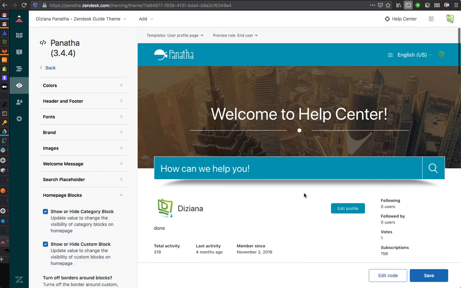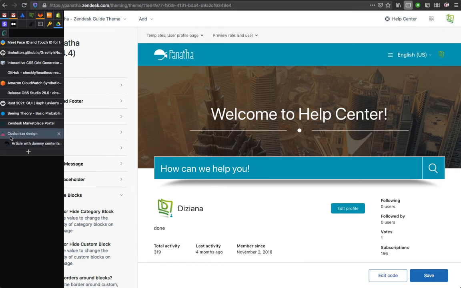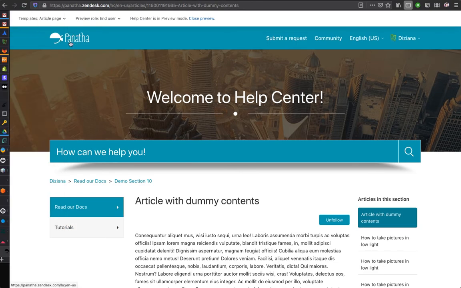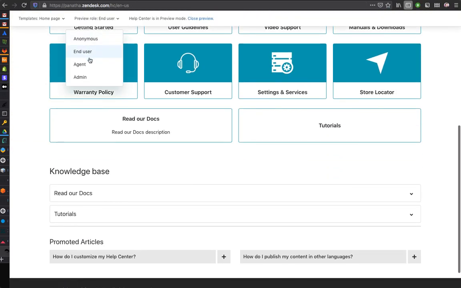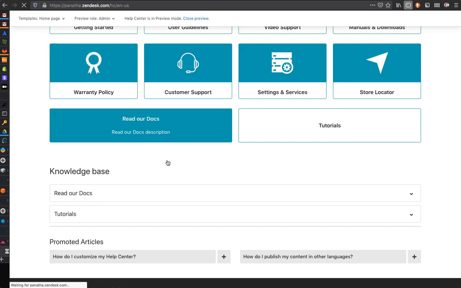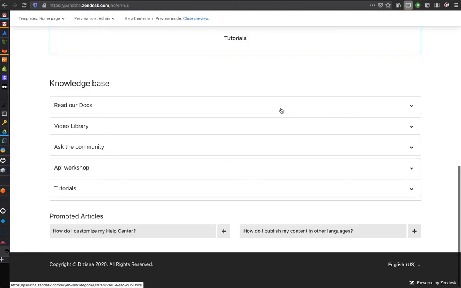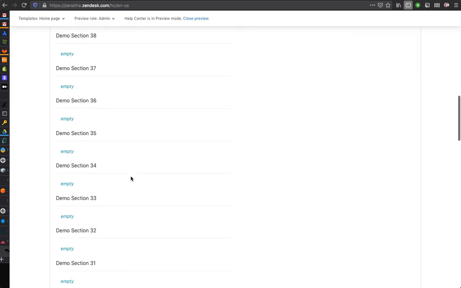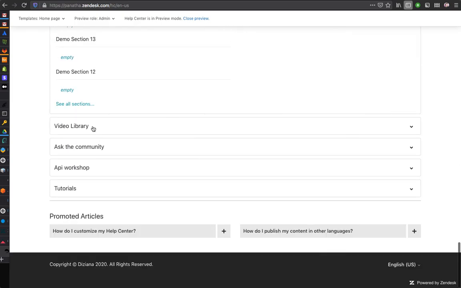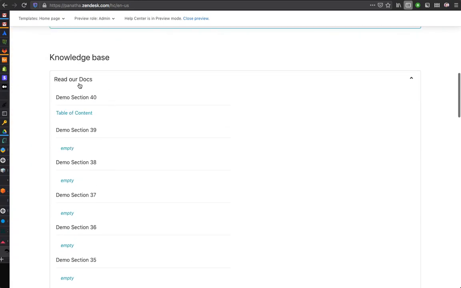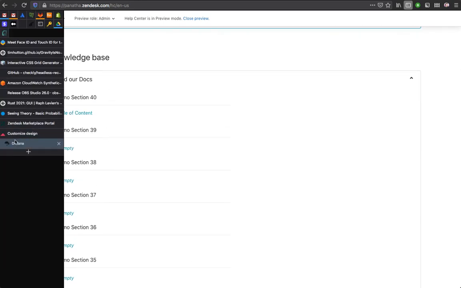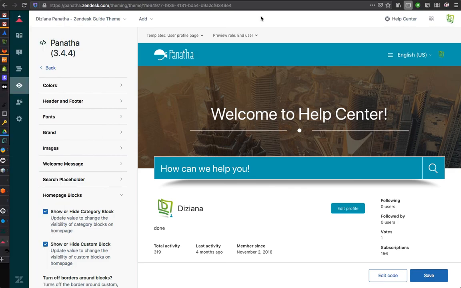There's one important thing that I must mention, which is our themes come with subsection support. So if you have subsections of flexible hierarchy enabled, which is, you are using that and you have Zendesk Enterprise, then you will see all the subsections working fine. Which is, when you go on a section page, you can have nested sections, and everywhere in the theme you will see subsections are supported. So that's the walkthrough. I was expecting it to be a much shorter video, but it ended up